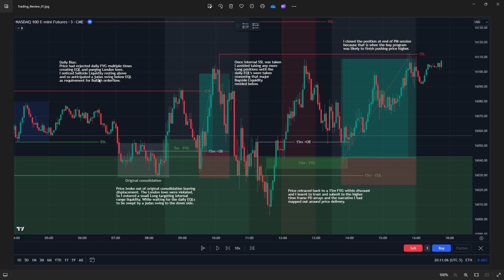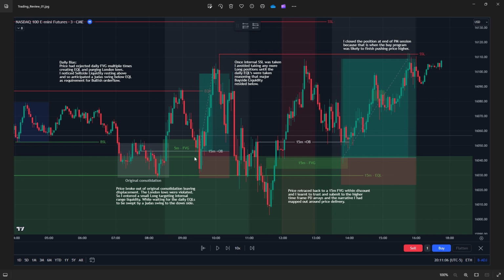So we anticipated a Judas swing below the equal lows. First, the algorithm would need to take those equal lows to then take price higher, as a requirement for bullish order flow. So in order to enter a buy position, the requirement was that we had to have the Judas swing